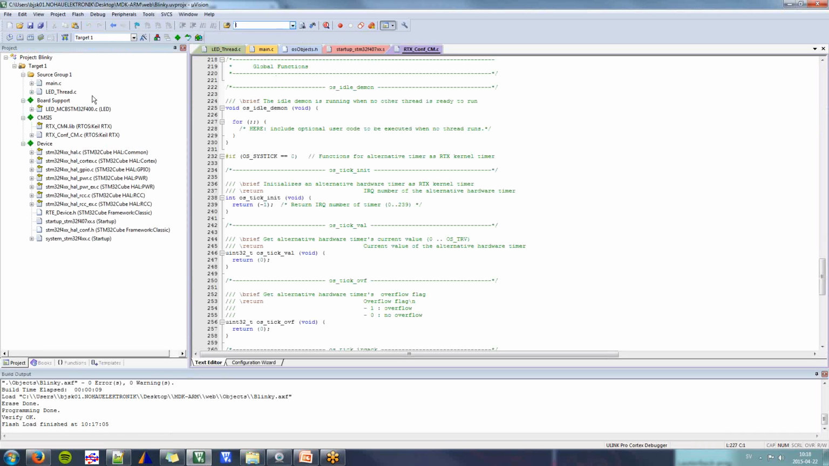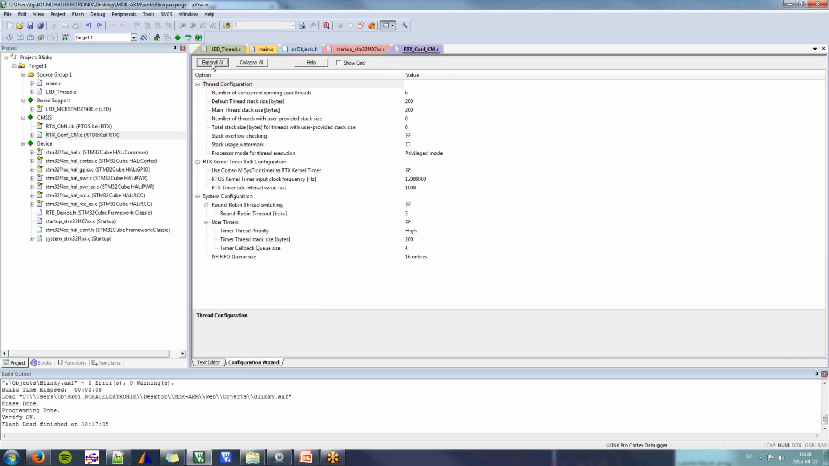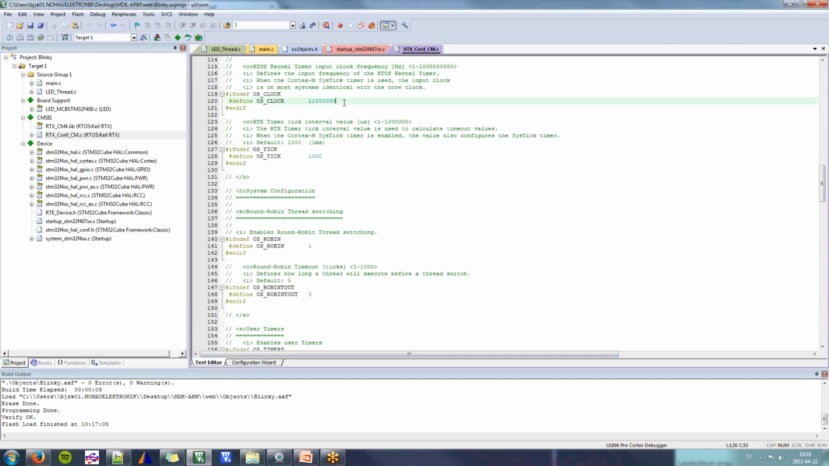and we will go to the configuration file for the RTX. So I run at the speed of 16 megahertz. So I will show you how to use the configuration wizard, which is this one. So as you see here, the speed is set to 12 megahertz, but it should be 16. So you can either edit the value in here, or you can go in the text editor and edit it